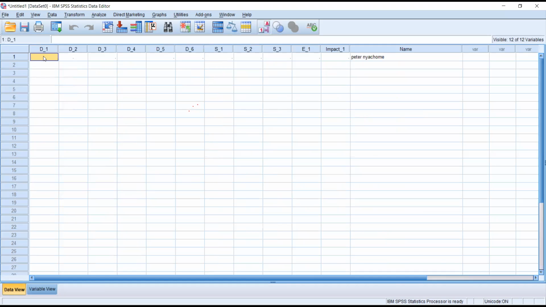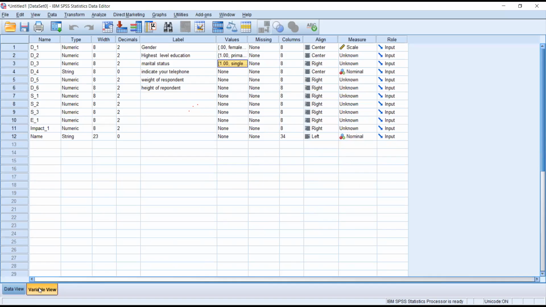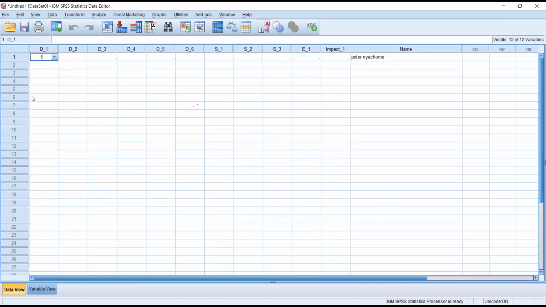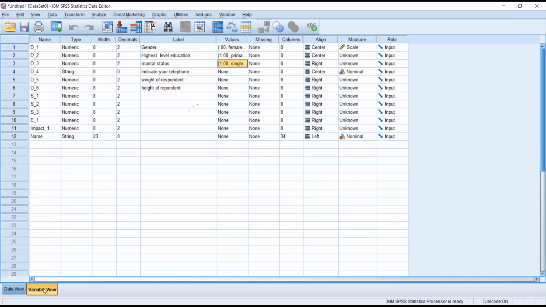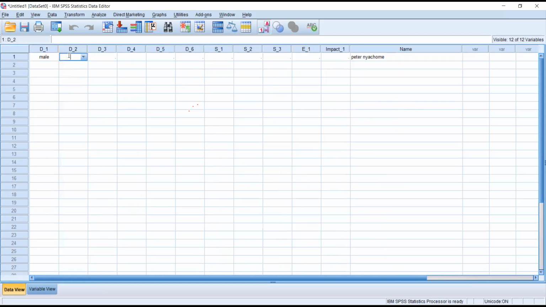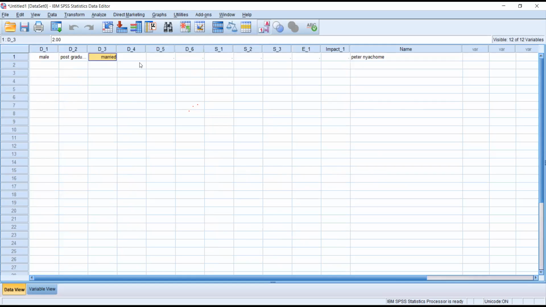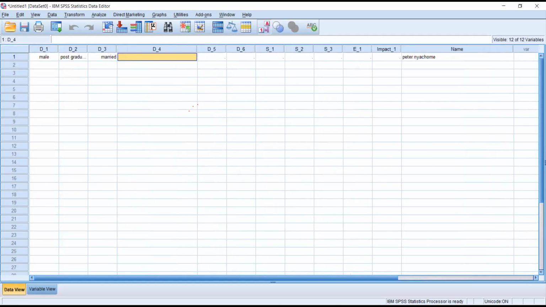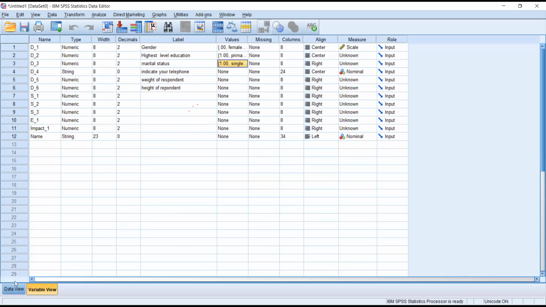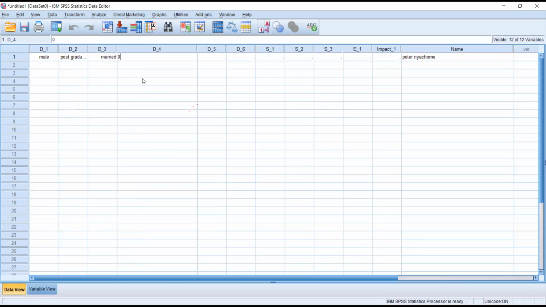So to that extent, now I come to the data view. When I come to the data view, the first question was gender, male. I'm a male, so I say 1. The next question is highest level of education: 5, postgraduate. Now number 3, marital status, 2, married. Then the next question is to indicate your telephone number, question number 4. Telephone number is very distinct, so I now put my telephone number. I simply write